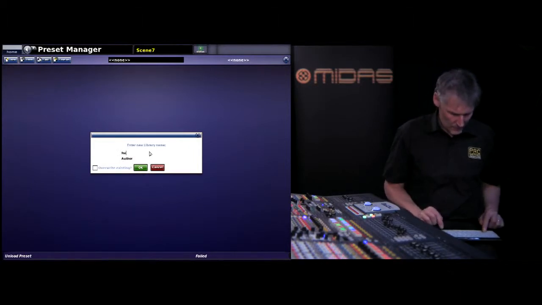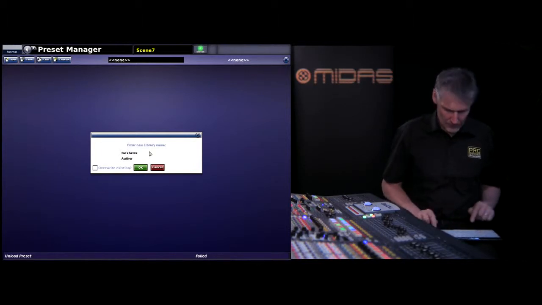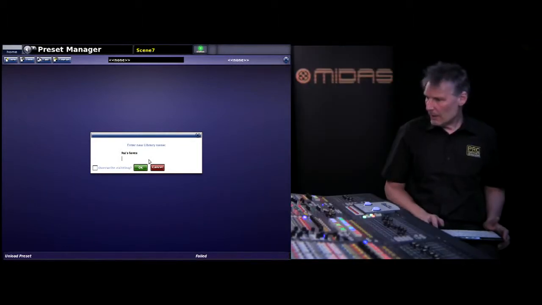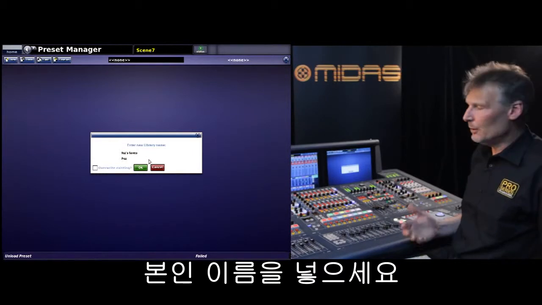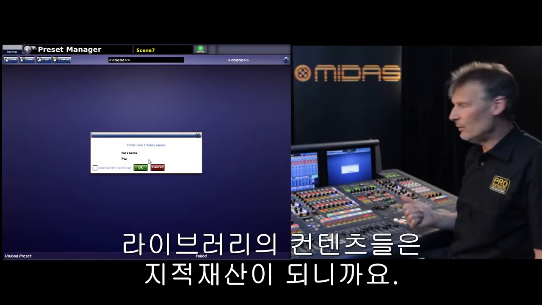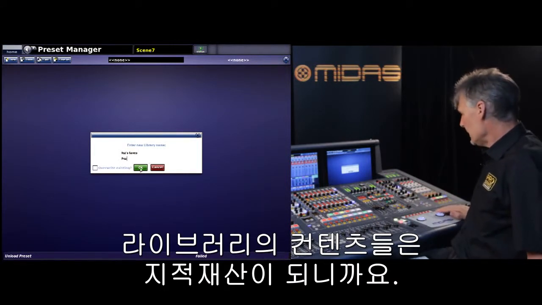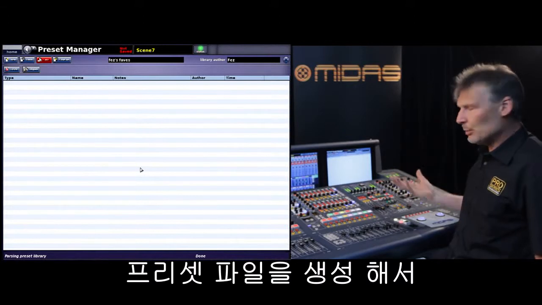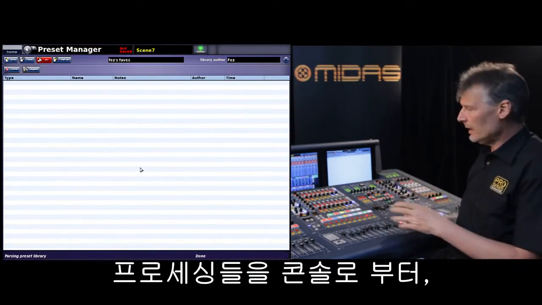And we can put, not my name, put your name in as the author of this, so the contents of this library then become your intellectual property. Click on OK. So I've now created a preset file, so I can now store and recall aspects of processing